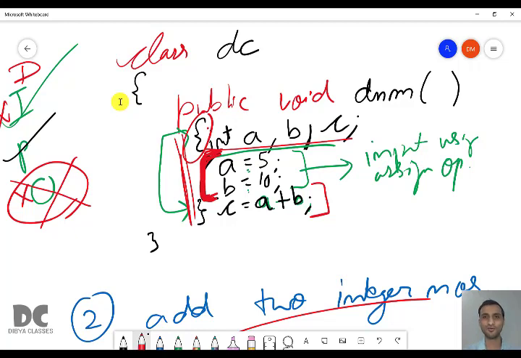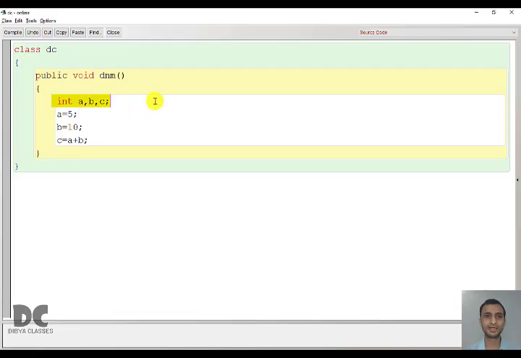So don't worry now, because right now we are just starting to write programs. We'll be doing around thousands of programs in class 9 and 10, so you'll get to know everything one by one. If you want to divide, you can divide the programs into 4 parts: declaration first, then input, then processing, and then output. Declaration, input, and processing; output will be coming later.